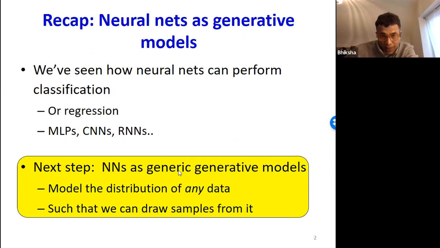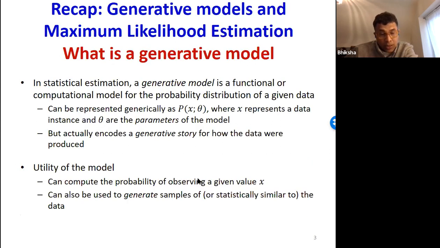And for this reason, we like to have generative models that we can learn from the data. Now, in statistical estimation, a generative model is a functional or computational model for the probability distribution of a given data. This is all recap from Monday. So it can be represented generically using this formula.